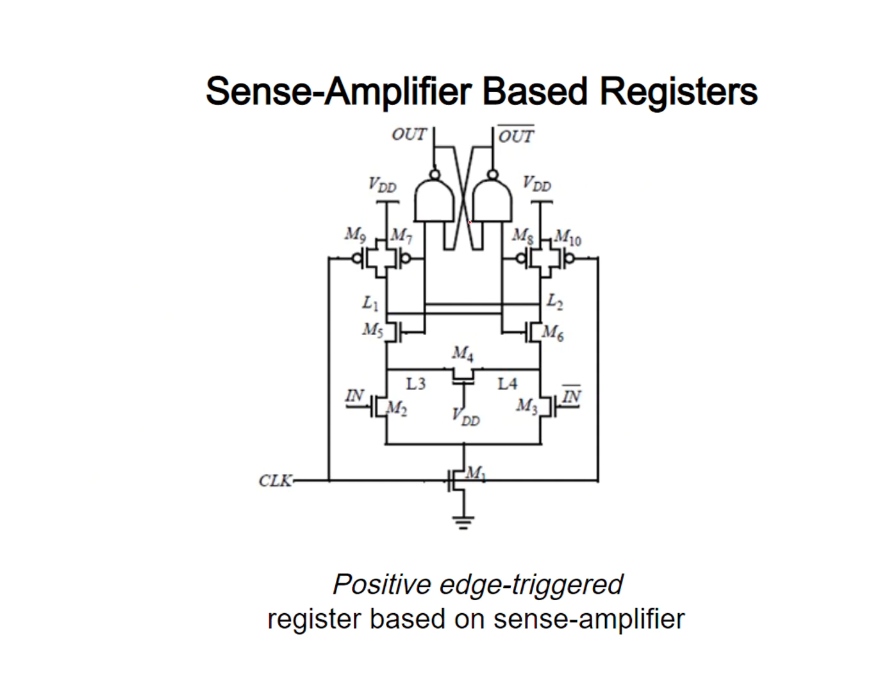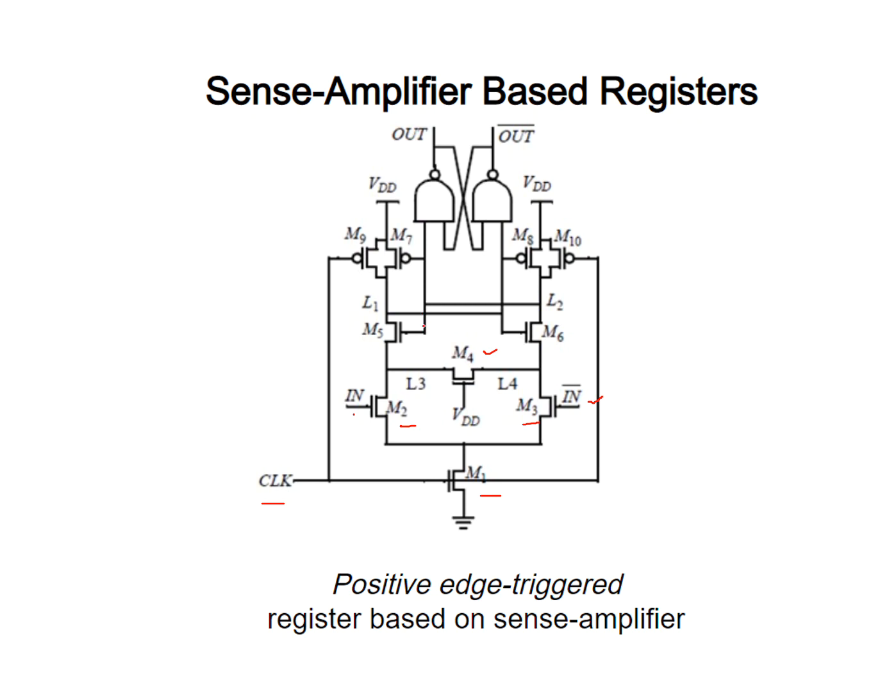See here, this stage, we are using almost 10 transistors. I am naming the transistors M1, M2, M3, where the M1 gate is connected to clock, the M2 gate is connected to input, and the M3 gate is connected to in bar. Between M1, M2 and M3 we are connecting the M4 transistor.